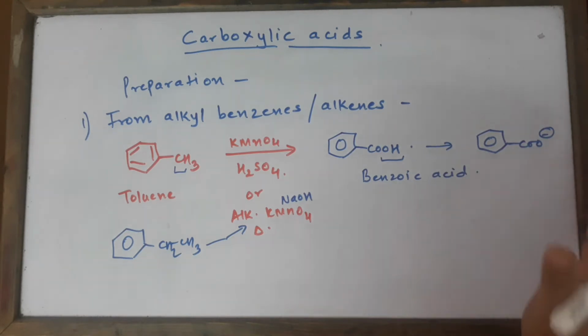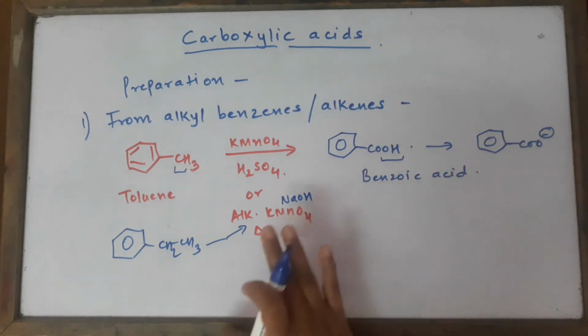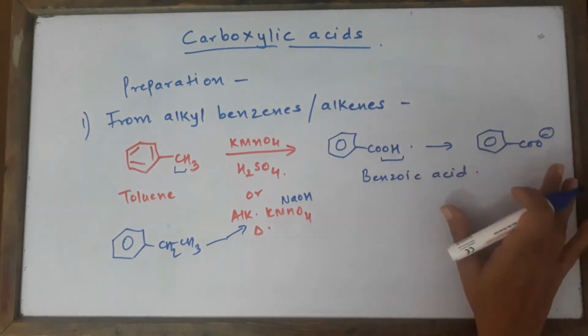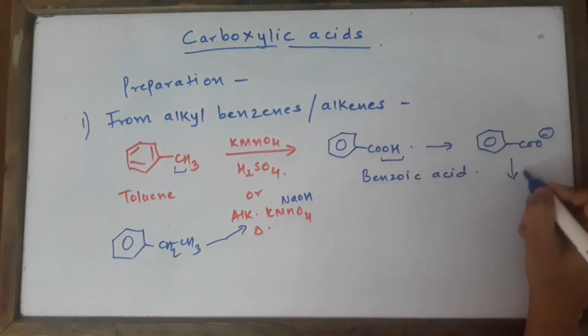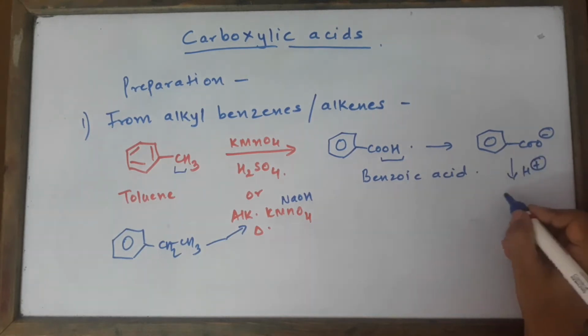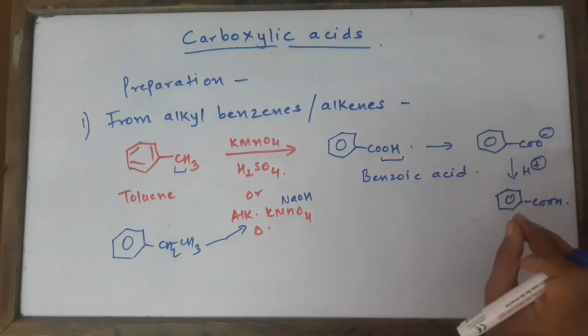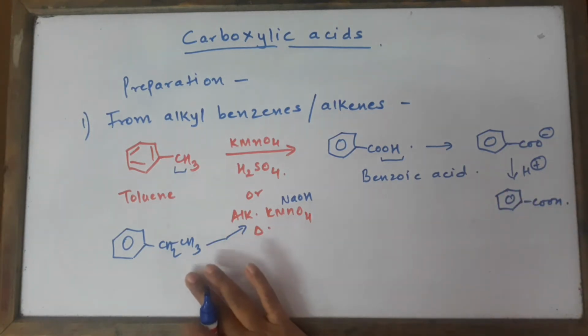This is the point which you have to remember for exam, that whenever alkaline KMnO4 is given to you, you will not be getting the direct answer, you will be getting a salt which has to be further treated with dilute acid, and then you get back your carboxylic acid. So that's the only difference. Rest all the thing is exactly the same. Let's come back to this structure now.